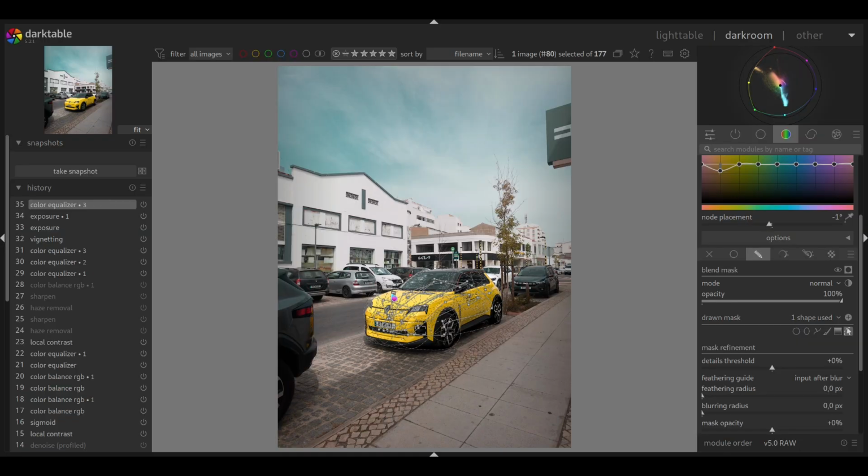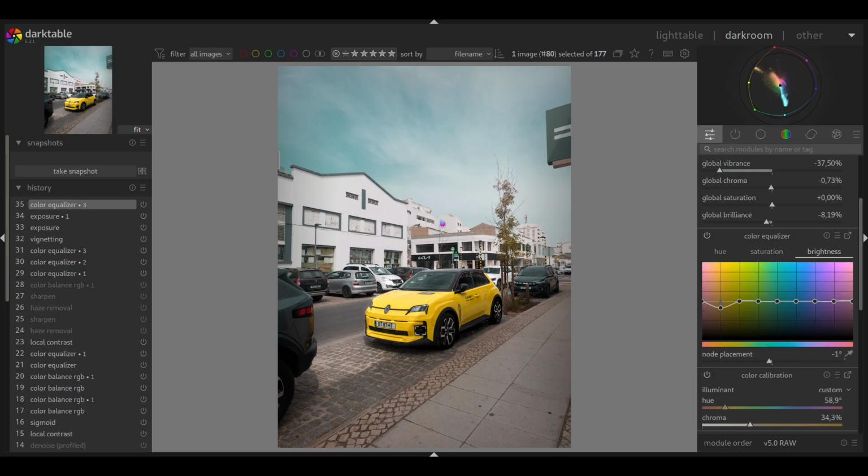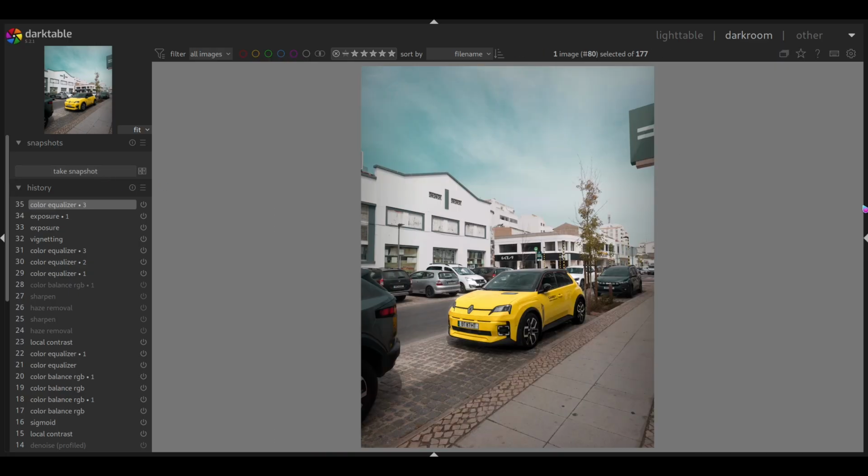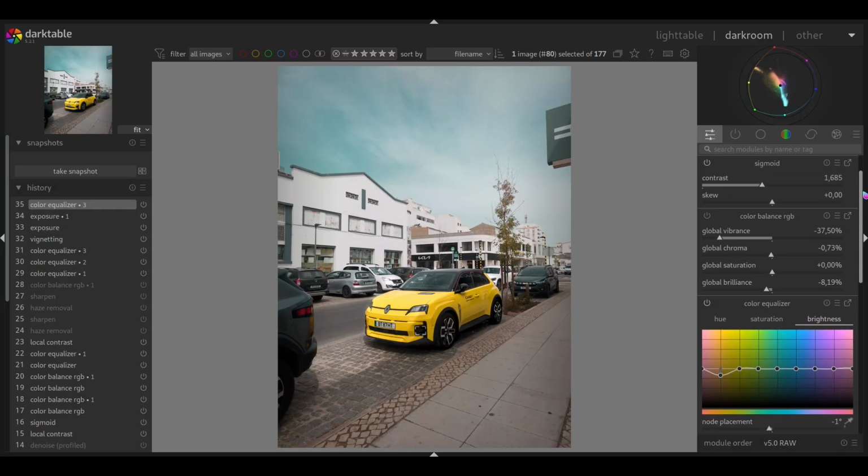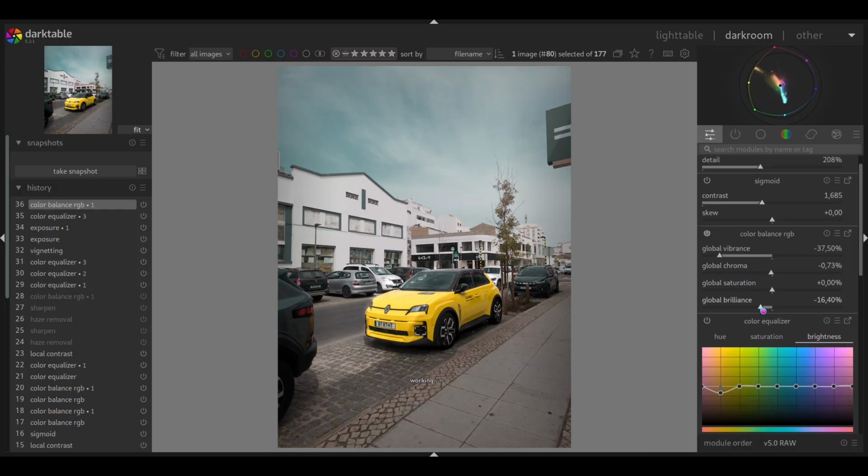This one here will remove the red from here, more or less. Not quite. Yes, less red. So I think this is a pretty good outcome, but I think it needs some